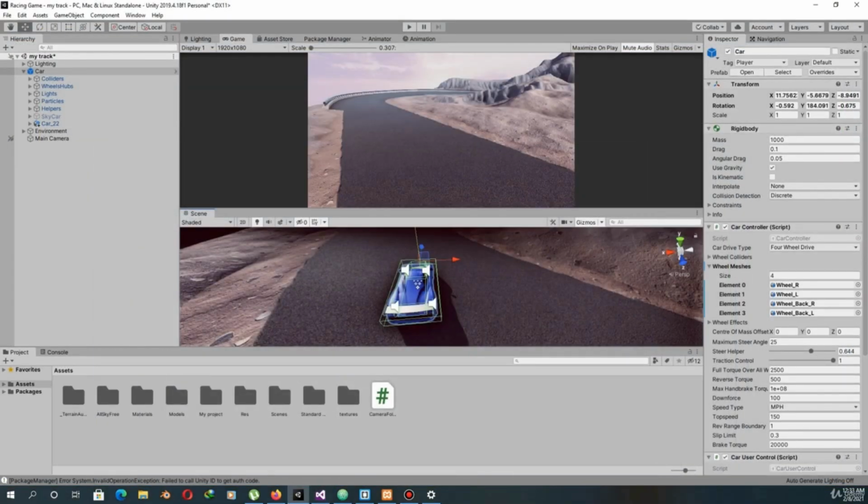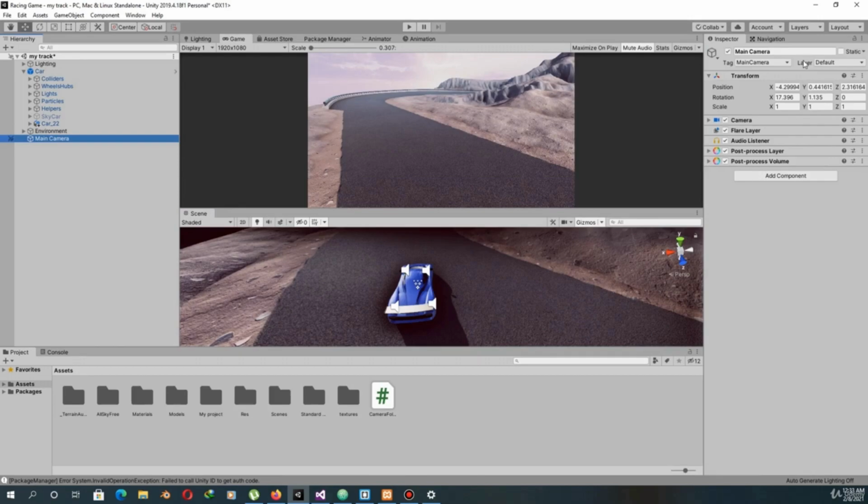In this way, our camera will move away from the car. Currently it will not work because our camera is not a child and it is not following the car, but I will show you once we play the game.